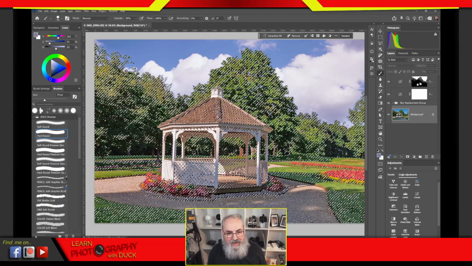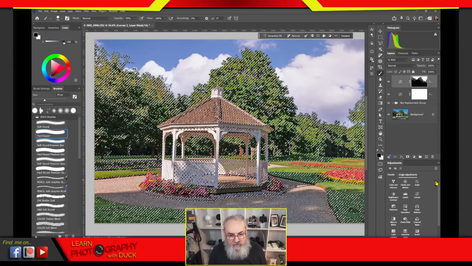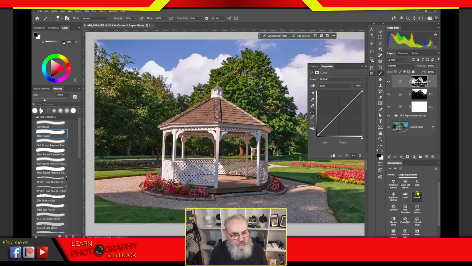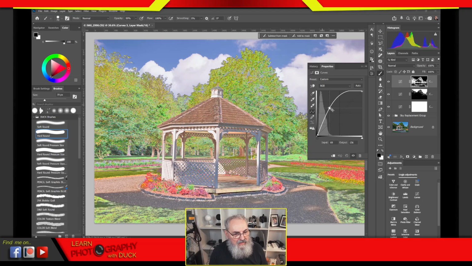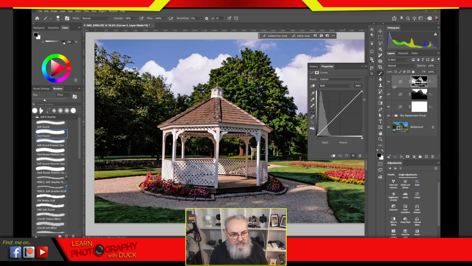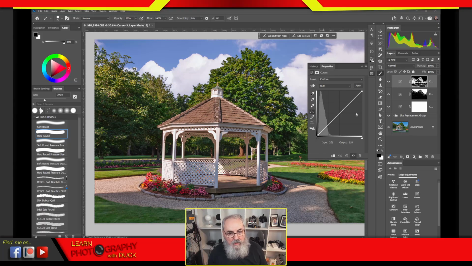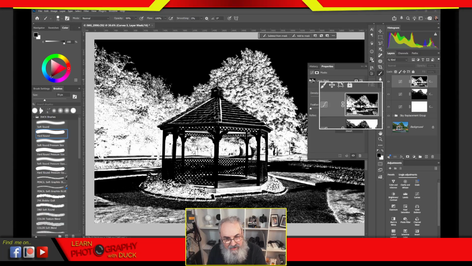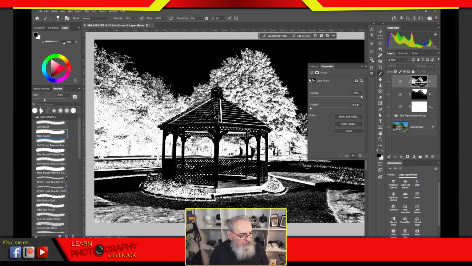Again, we have the marching ants. We are going to convert it to something that we can use. Curves adjustment. Again, we don't see anything until we apply some kind of adjustment, okay? All right, but what we can do, again, Alt, Option, click on the icon here, and we can say, well,